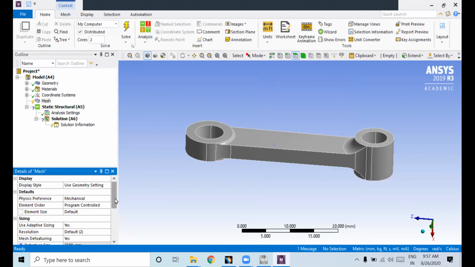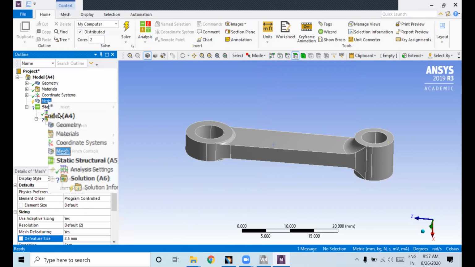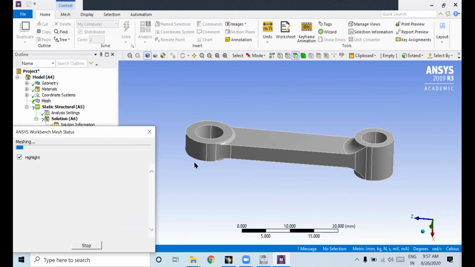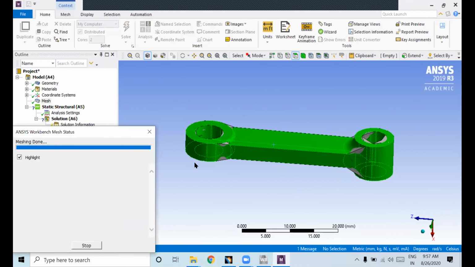Now you click on 2.5. Here you have fine mesh. Once you give 2.5, right click and generate mesh. So now I hope, yeah.